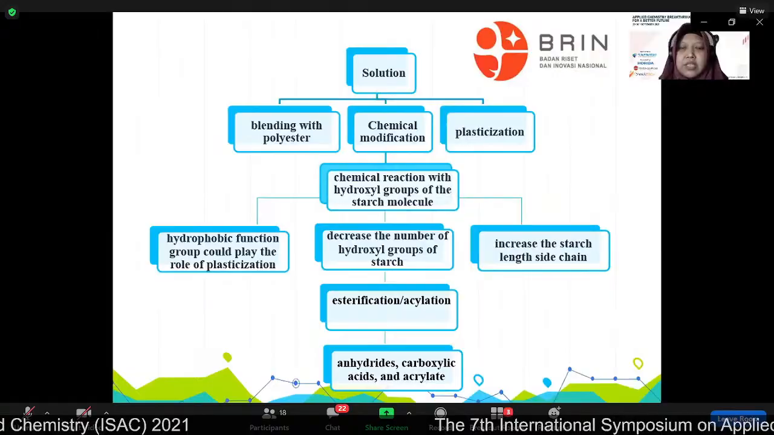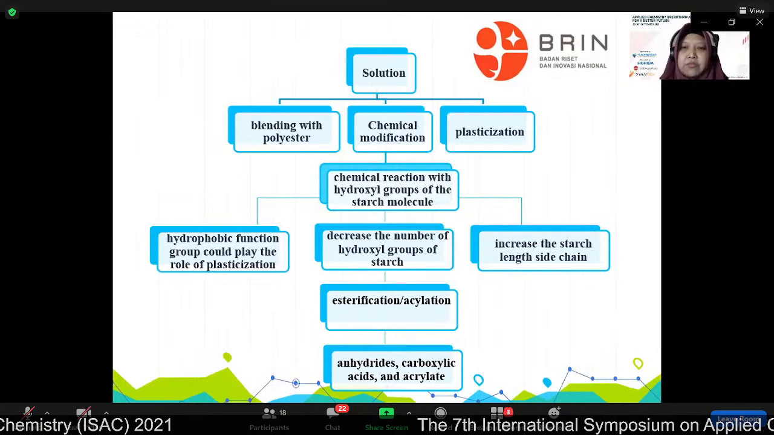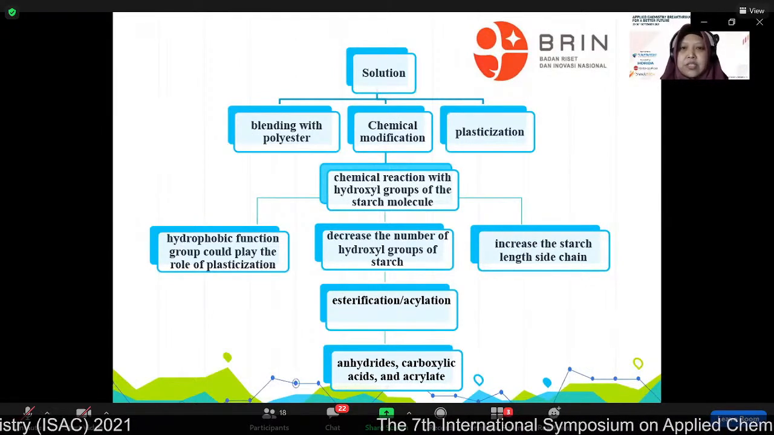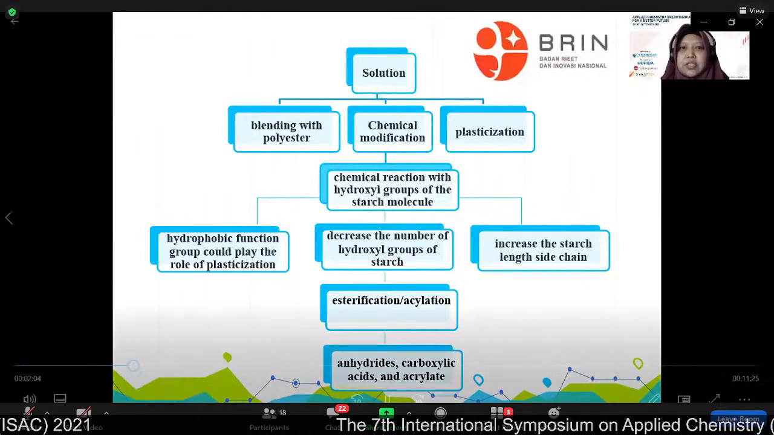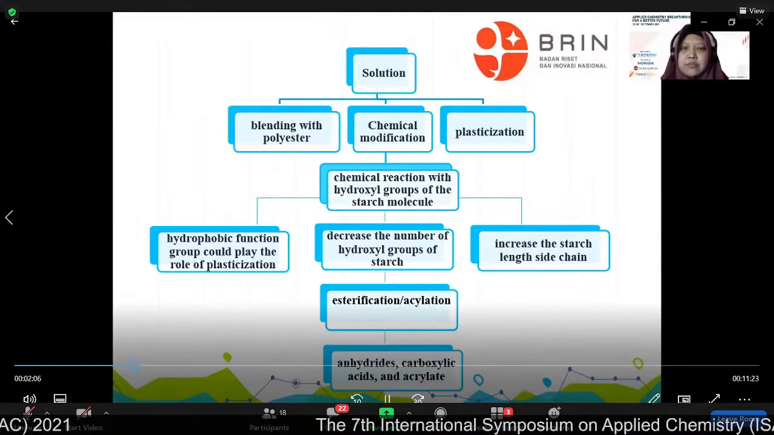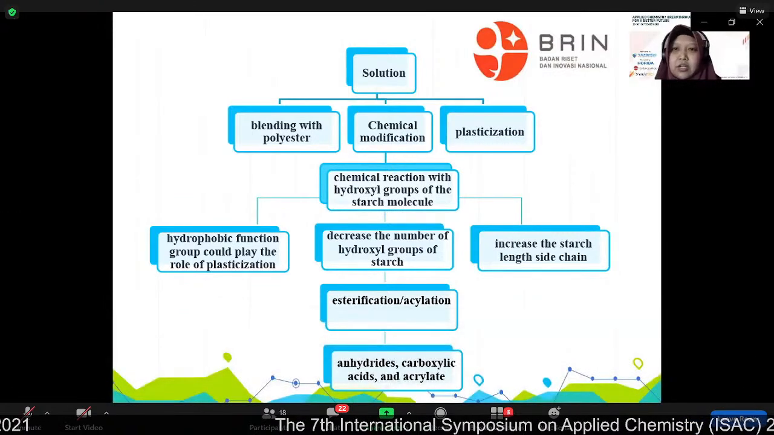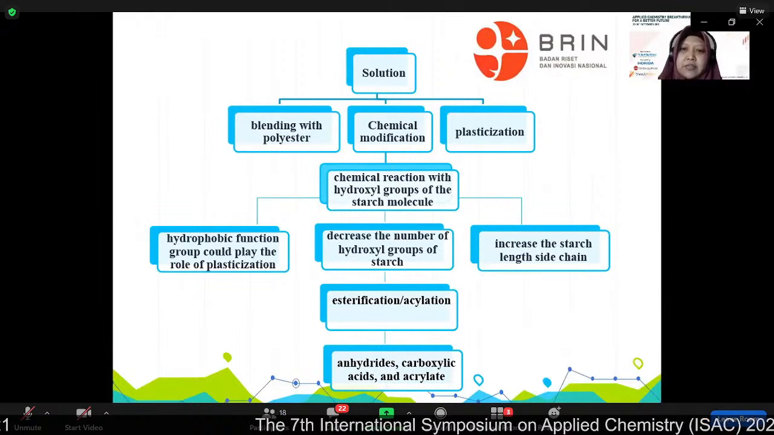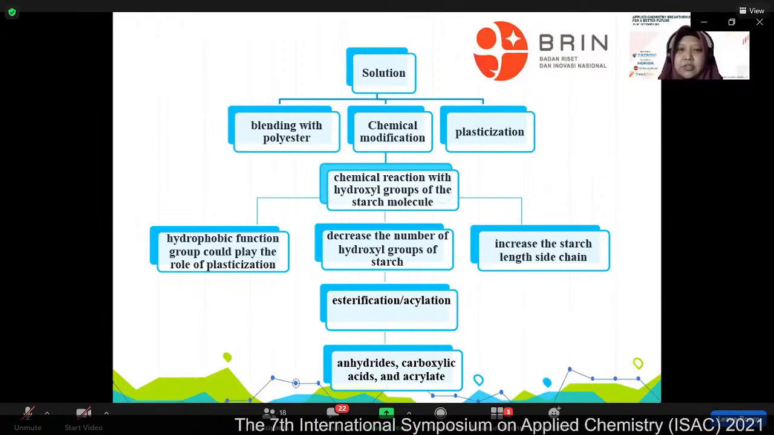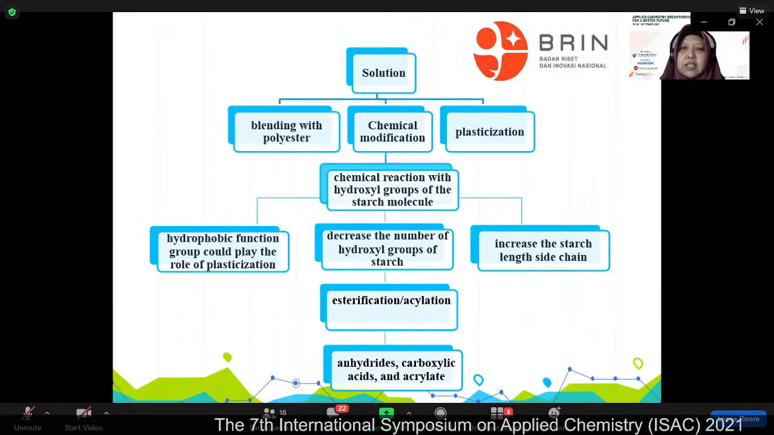Regarding the efforts to increase hydrophobicity and water resistance of starch, chemical modification using hydrophobic groups has been widely studied by chemical reaction with hydroxyl groups of the starch molecule. The most extensively used chemical modification technique of starch is esterification or acylation using hydrophobic compounds; those commonly used are anhydrides, carboxylic acid, and